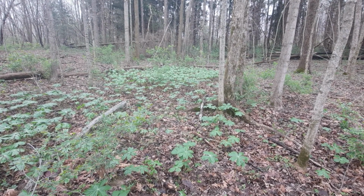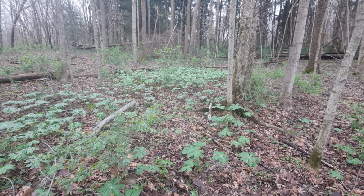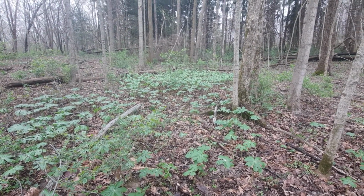And another way they can disperse is, I'm sure some of you have heard of the eastern box turtle, and they like to eat the actual fruit off of them. And that's how the plant gets its name, from the fruit it produces. It's a greenish white and kind of looks a little bit like an apple,